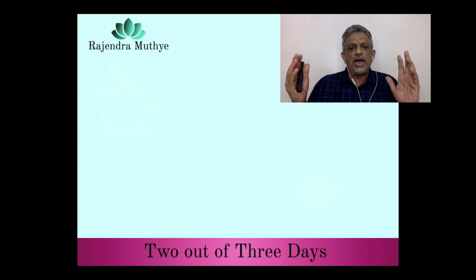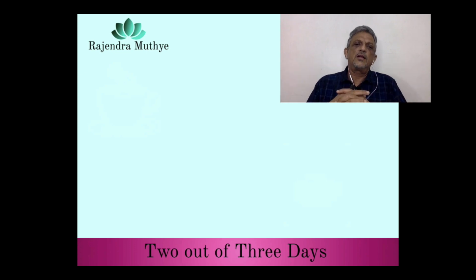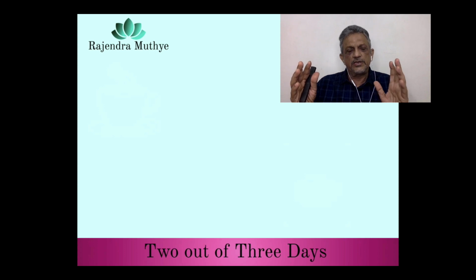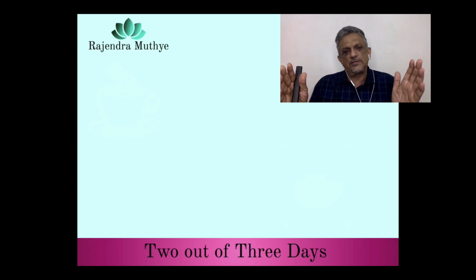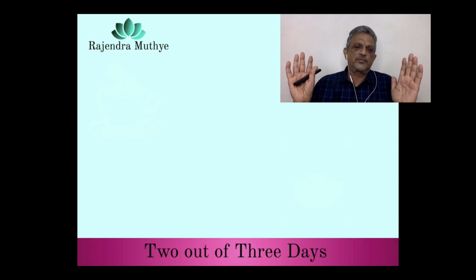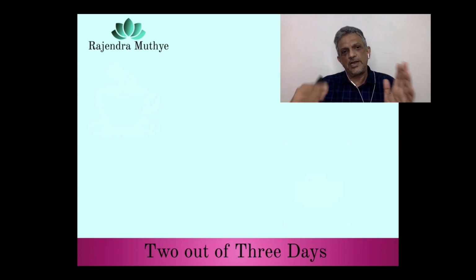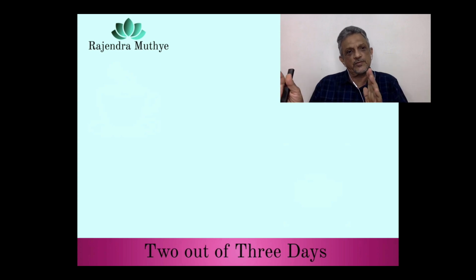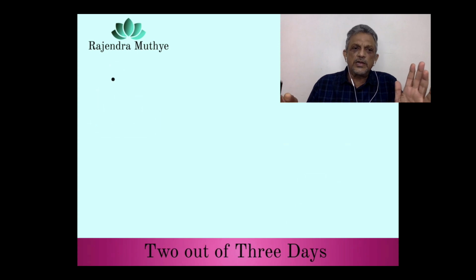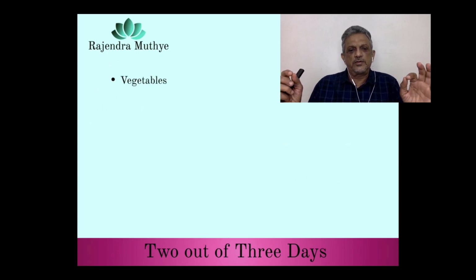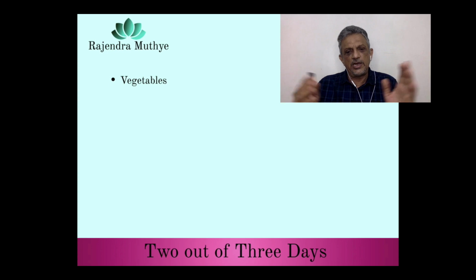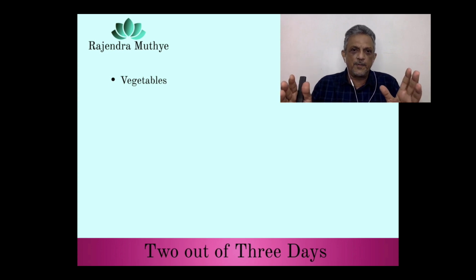what did you do in the last 3 days. We're going to take a small little test. Did you do each one of them? I'm saying 2 out of 3 days, but let's call it 2 out of 3 times. Did you eat vegetables 2 out of 3 times? In the last 3 days, how many meals have you had? How much of vegetables did you have?